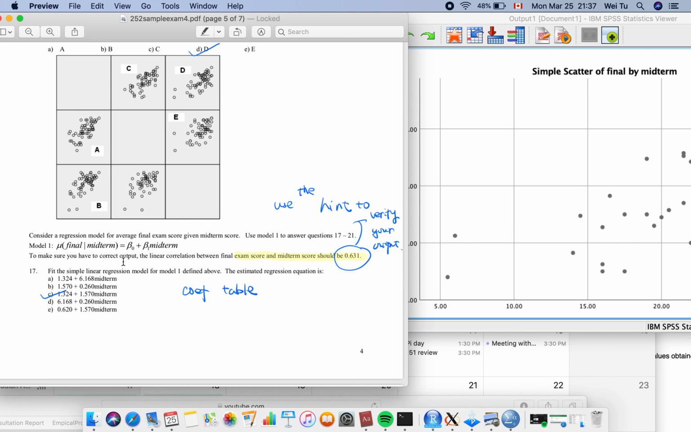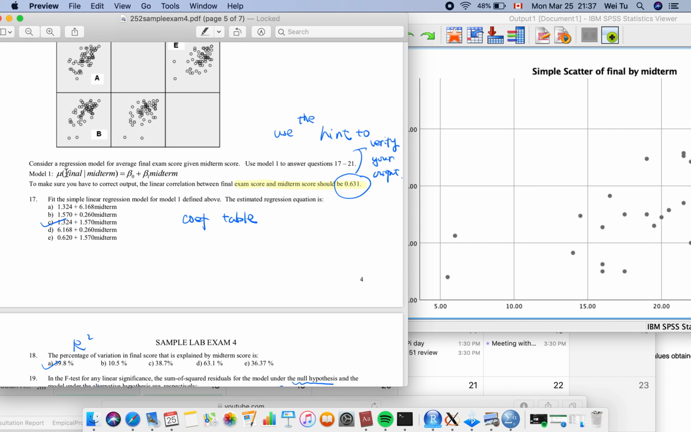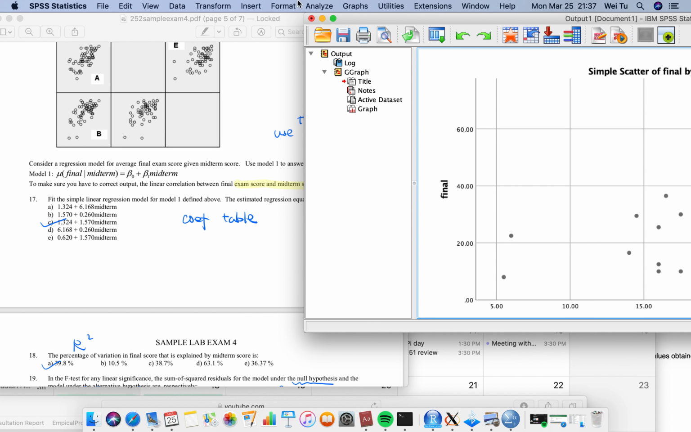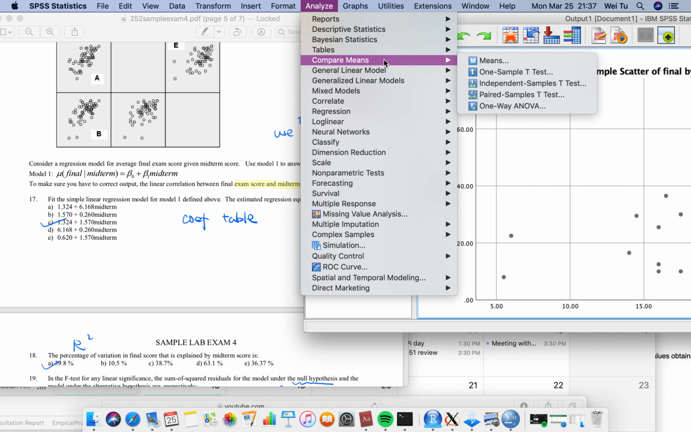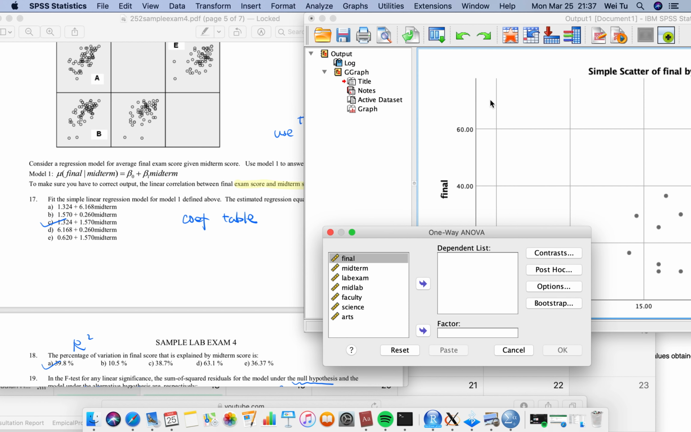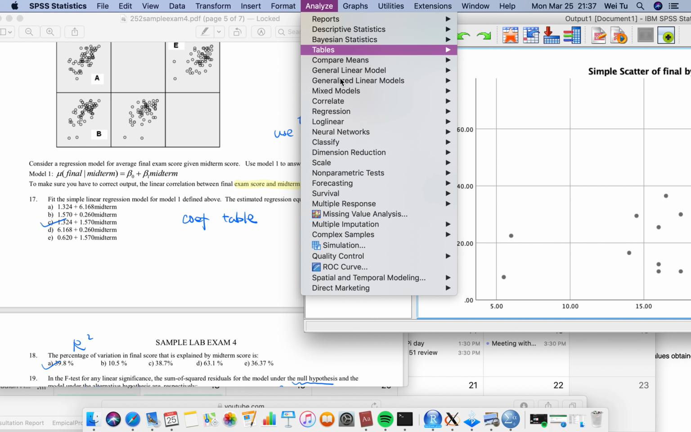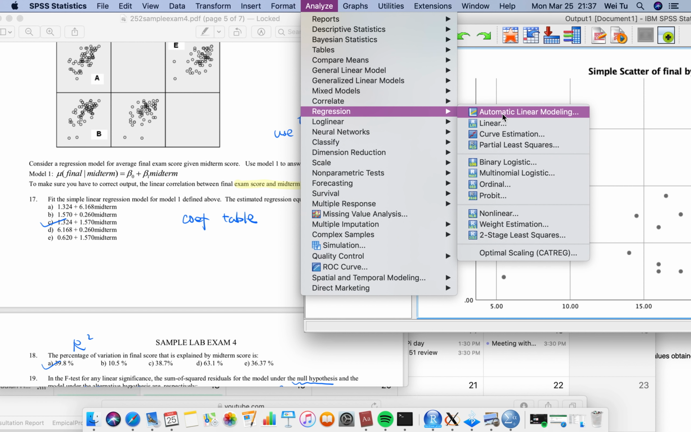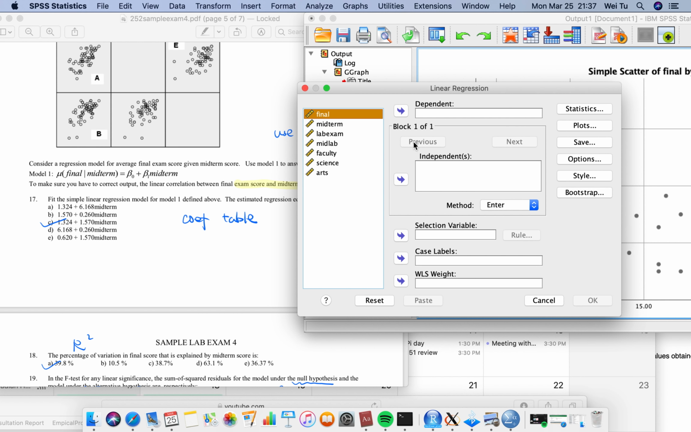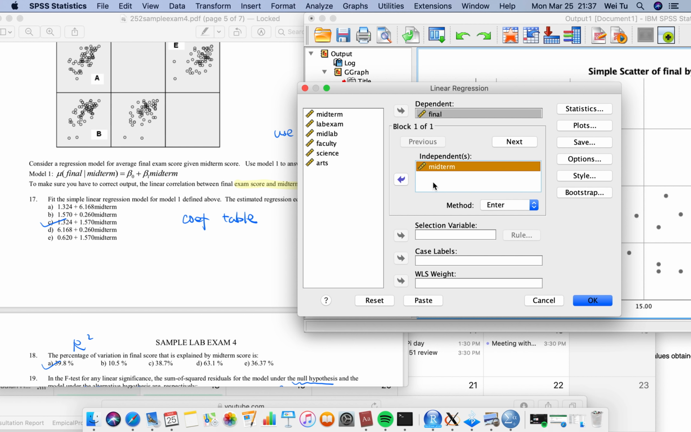Okay, so question, the model one. So model one only has the midterm as predictor. So let's run model one first. So analyze, compare means, oh wait, sorry, not one-way ANOVA. My brain's not working. Analyze, regression, linear regression. So final as response, midterm as independent, and then